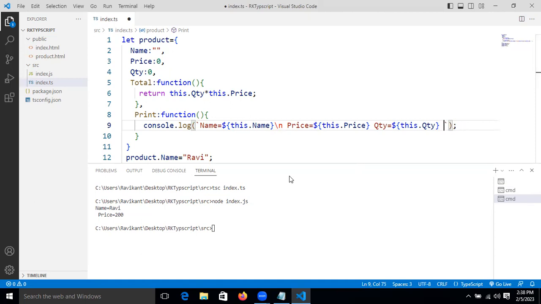If you want to print that data also, let's print this function also. If we are printing that quantity and the price, now let's print total also. Total also. Open curly bracket and close curly